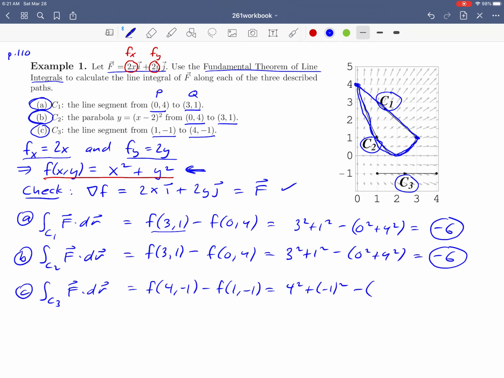Then it's a matter of going back to our potential function and just substituting the pieces in. So x squared plus y squared is 4 squared plus negative 1 squared minus 1 squared plus negative 1 squared. If you do the arithmetic there, you're going to come up with an answer of 15 for that third line integral. Notice there wasn't a lot of calculation that we had to do. We didn't have to do any parameterization, really. The only real work that was involved here was finding this potential function. Once we had that,